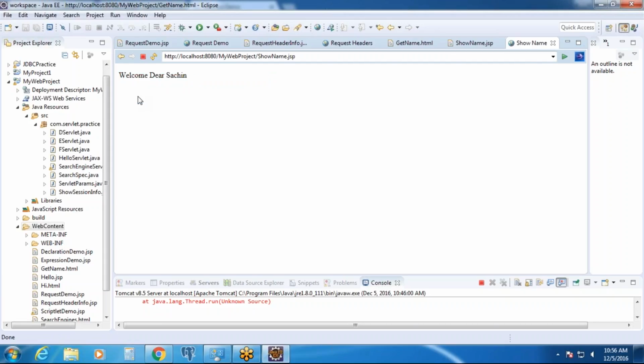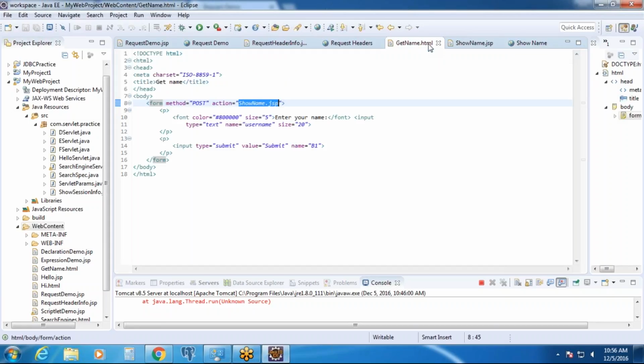And you can observe showName.jsp and it says welcome dear Sachin. Right. So if you go back to your getName.html, on line 8 right now method equal to post it is. So it is a secured and safest way of submitting the data. If I say method equal to get,